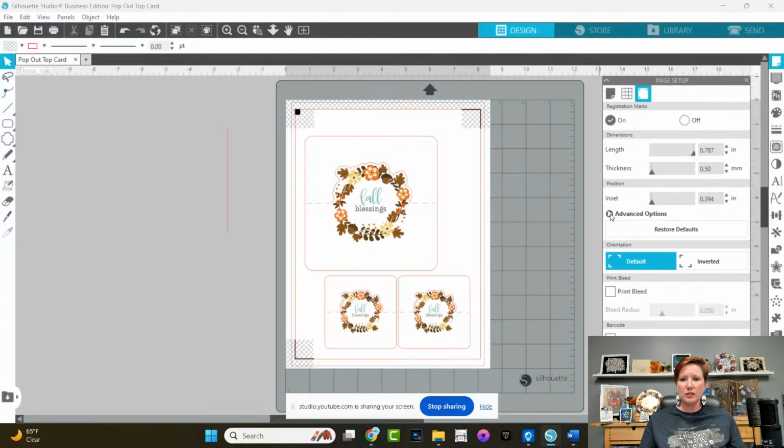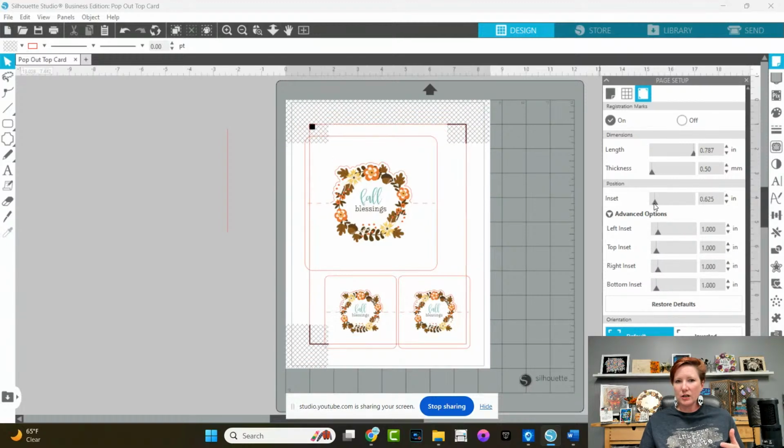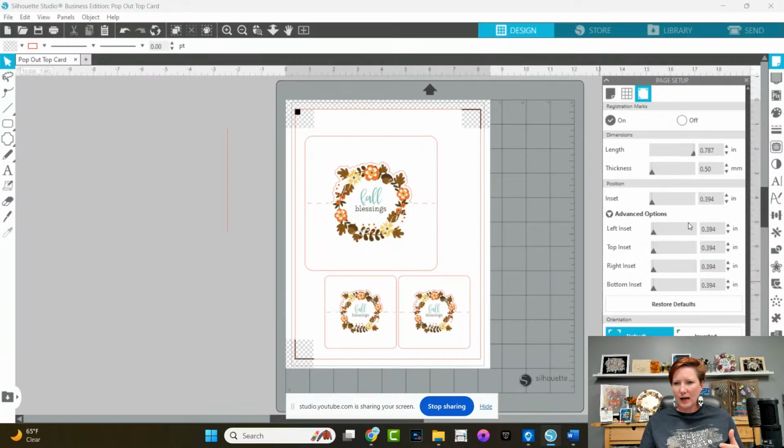So back here on the registration marks under the advanced options. Now if I've moved those out, and you can even, let's see, inset adjusts in or out. And at this point, that is the maximum for me with the way I have them set out there. So let's take a look at this. You get a little bit more space. So currently here, I would guess that's about 1/4 inch, maybe a little more than 1/4 inch on this left side. So for 1/4 inch around the entire thing,